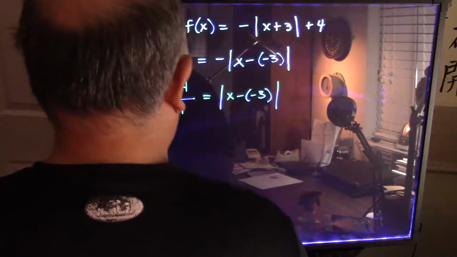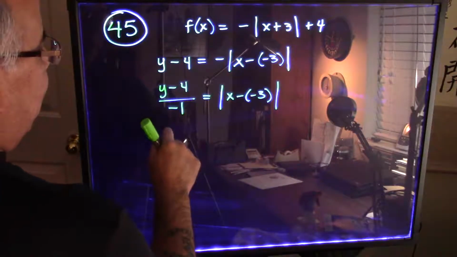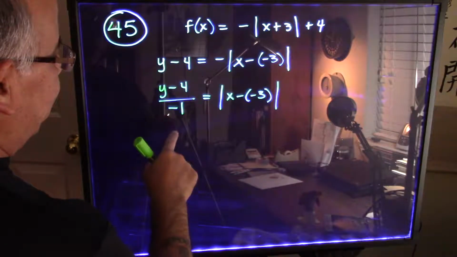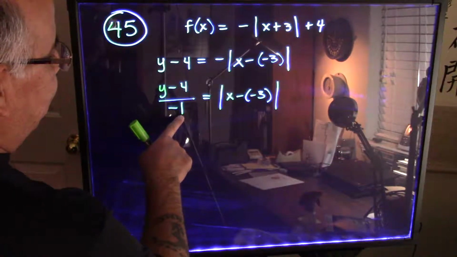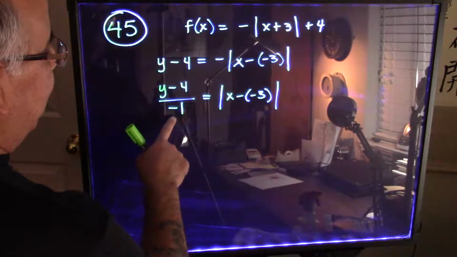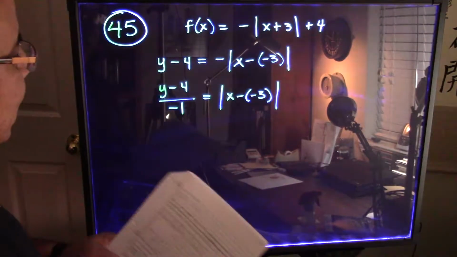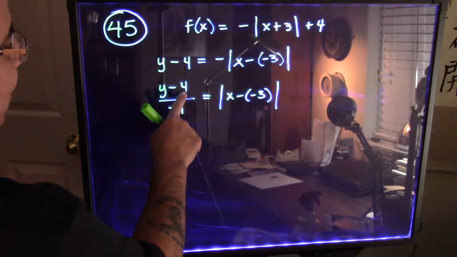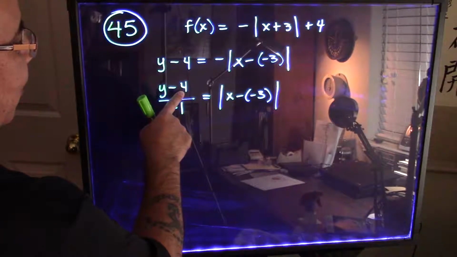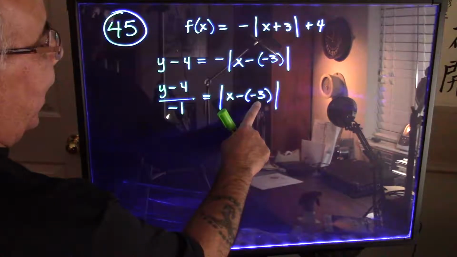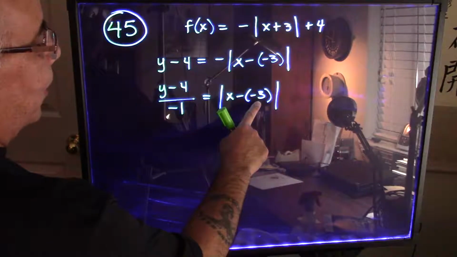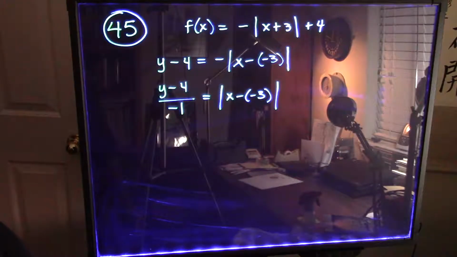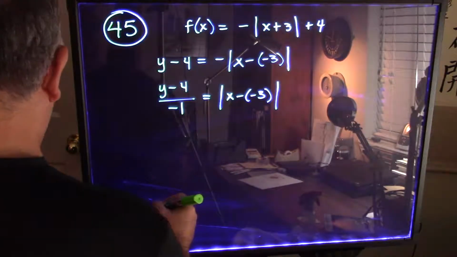Alright. So what this is doing is you're taking the graph of the original function, which is y equals absolute value of x, and this is causing a reflection across the x-axis or in the same direction as the y-axis. Alright, so it's going like this. Alright, and that's causing a shift up 4 units, and that is causing a shift to the left by 3 units. So you take a representative point, for example, you could take